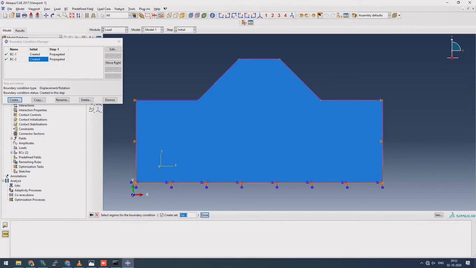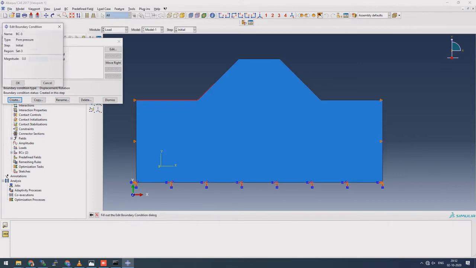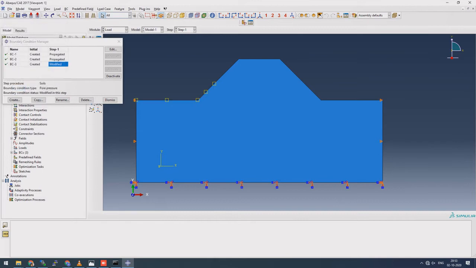So here the pore water pressure will be constant, and in the step which we want to apply, let's say we have a 100 kilonewton of pore water, so 100, 1, 2, 3. This is the pore water pressure. If you want to apply it instantly, then it will apply instantly. You can generally use amplitude, but in the soil system it's not that required. So just go and OK.